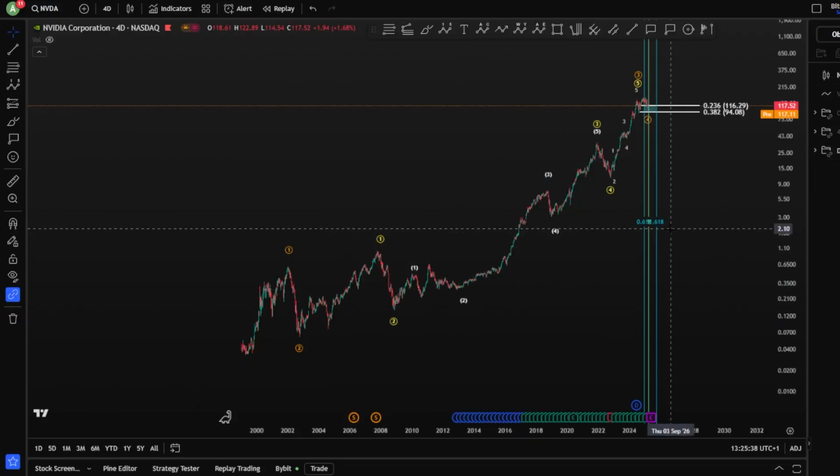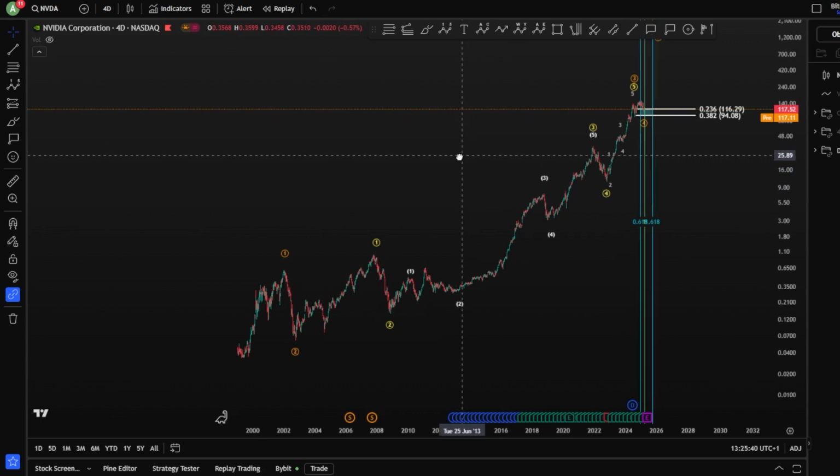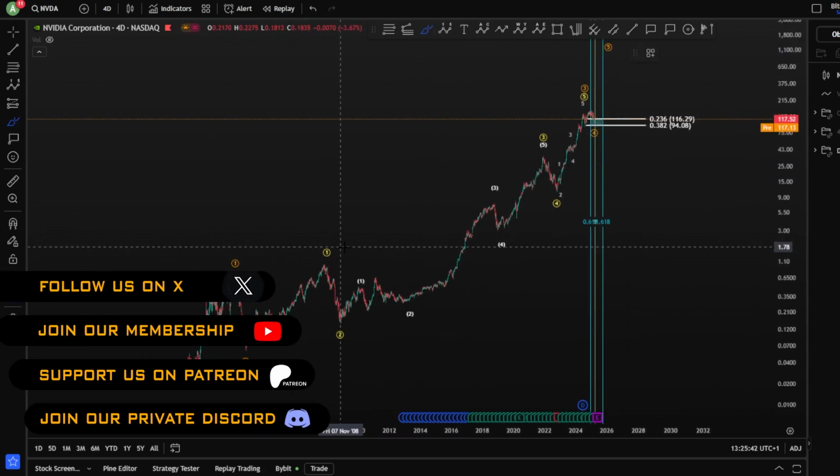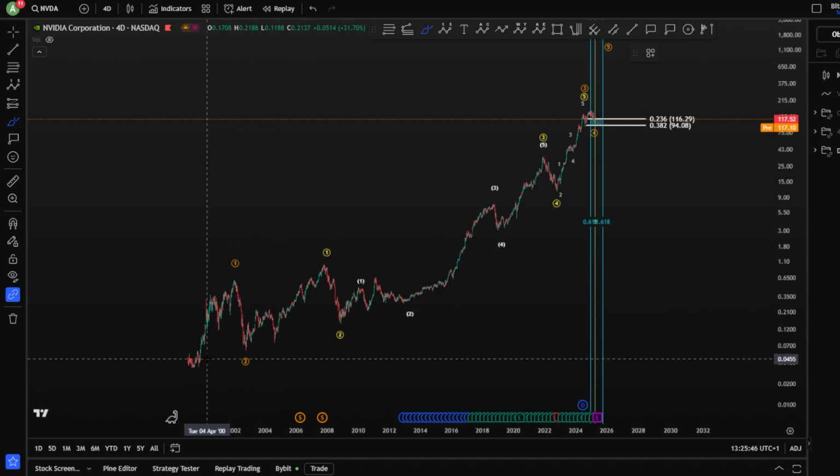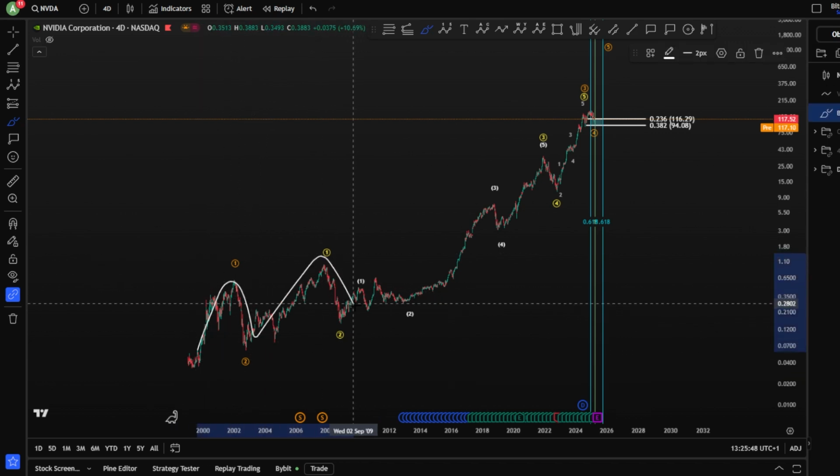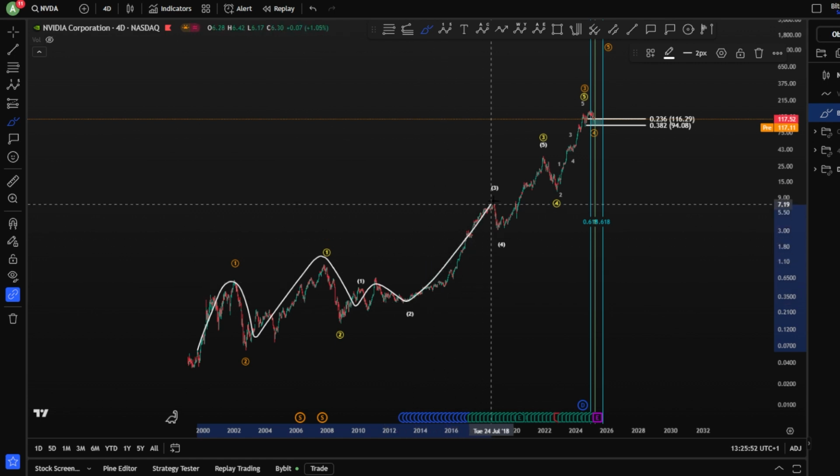Hello everyone, welcome to a new video for Nvidia price prediction based on Elliott wave analysis, an overview for Nvidia for the bullish and bearish scenario. We have a double 1, 2. Of course, we are in the yellow scenario, where the yellow scenario is a big 1, 2, 3, 4, and